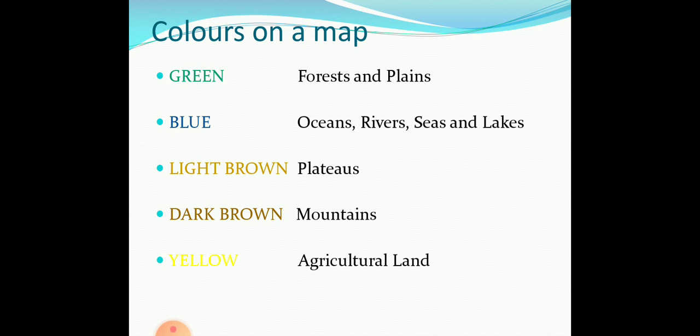These colors are universal, accepted throughout the world. The first one is green. It is used for forest and plain. Blue for ocean, river, sea and lake. Light brown for plateaus. Dark brown for mountains. And yellow is usually used for agricultural land. So these are the main important